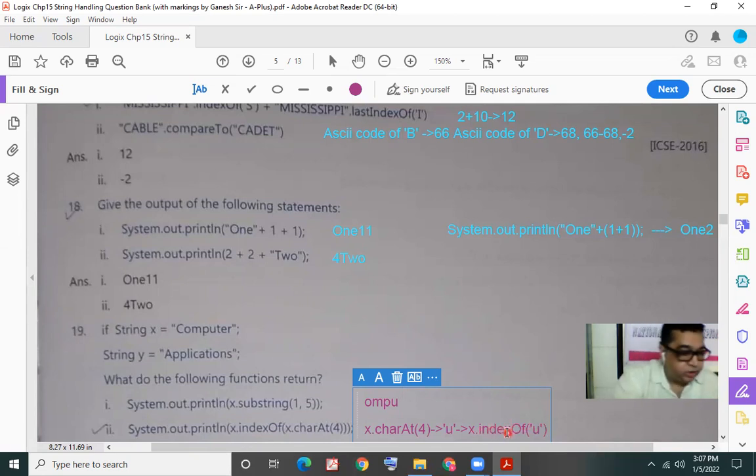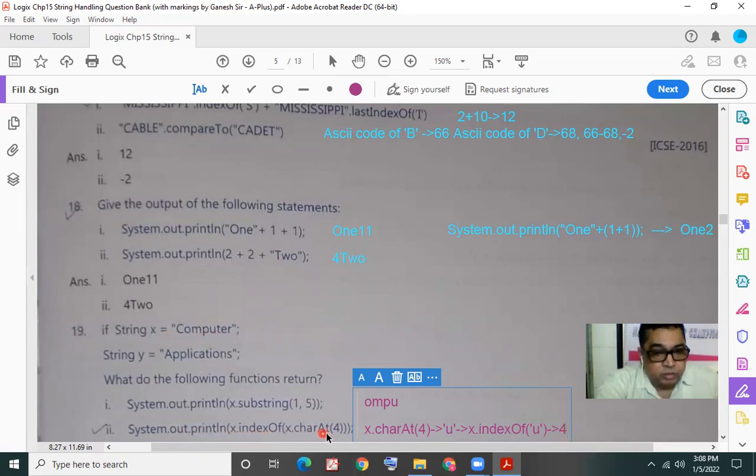So tell me what would be the result? What is the result indexOf will give us? Yes, the character U in string x, which is computer, is in position 4. So 4 will be the output, and that is what will be printed.